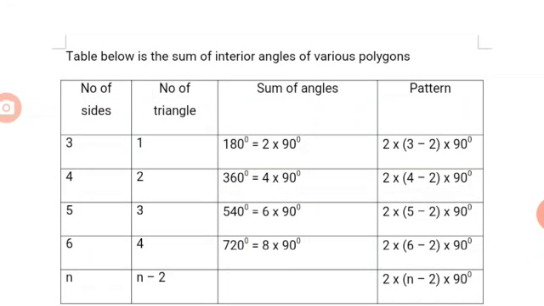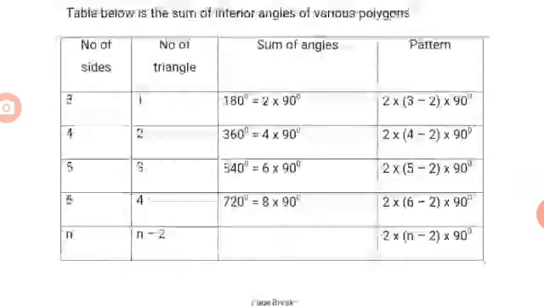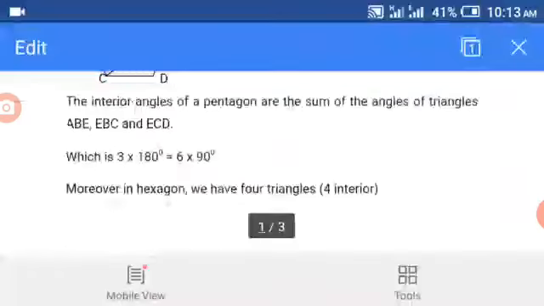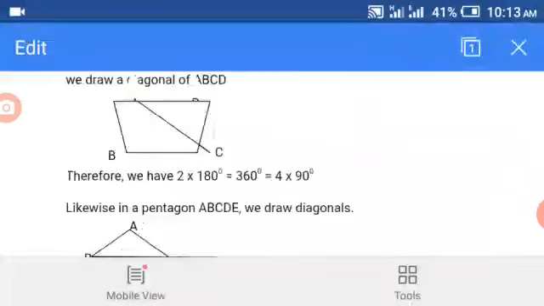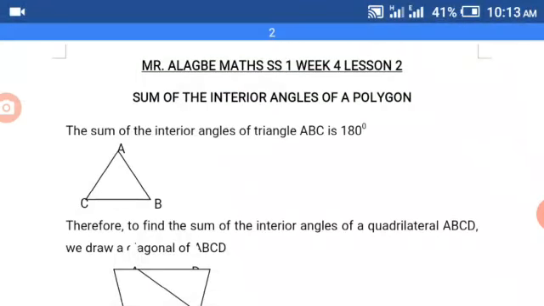So if it has n sides, therefore the number of triangles will be n minus 2. And the pattern will be 2 times n minus 2, times 90 degrees. Are we together? So what we have done so far is that we have talked about